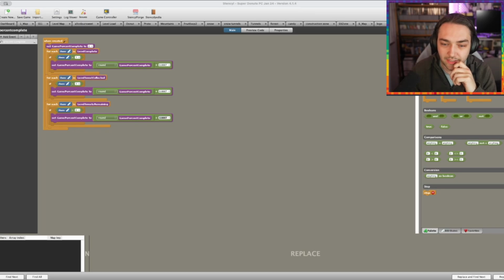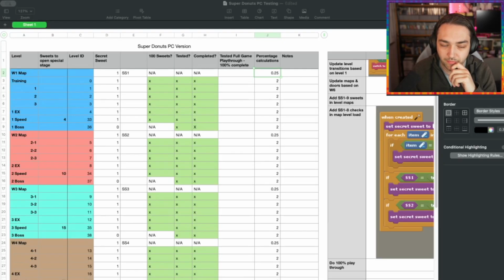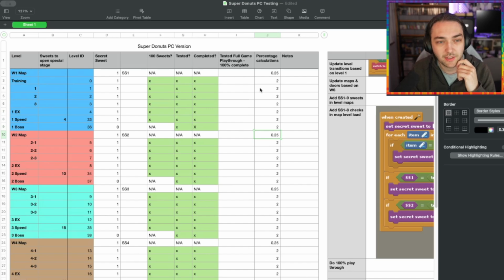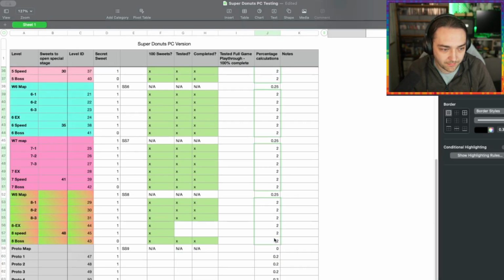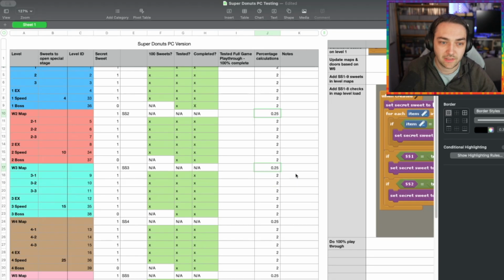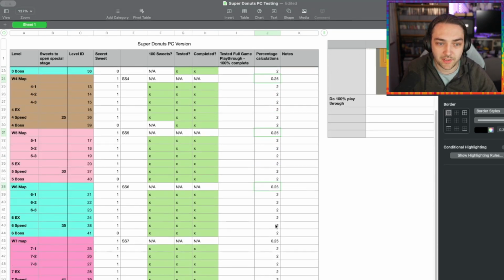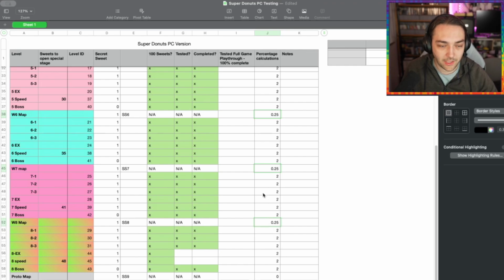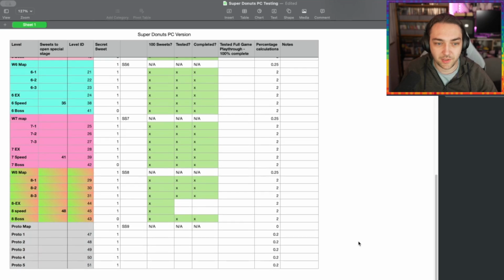I was calculating it all on here, actually. So if we open up numbers again, you can actually see overall for each of the levels, that adds 2% to the game total. So what I need to do now is, like if we just select these without that 0.25 down to there, yeah, that makes 98%. So then over the 8 worlds, I've had to divide that up into 0.25. So each time you pick up one of the special sweets within the hub world, that will add, eventually if you add them all up, that will give you an extra 2 to the percentage complete,